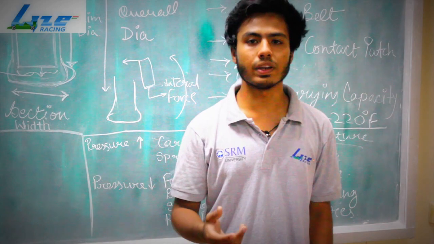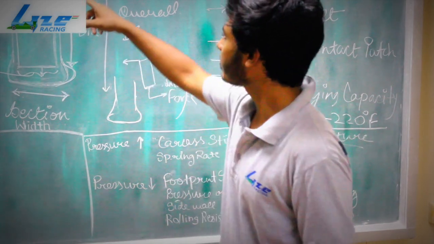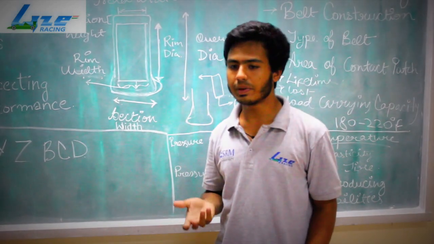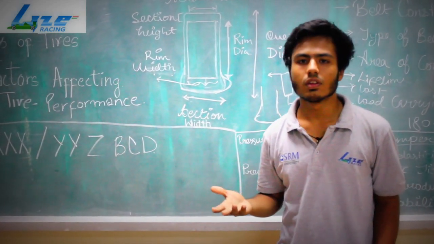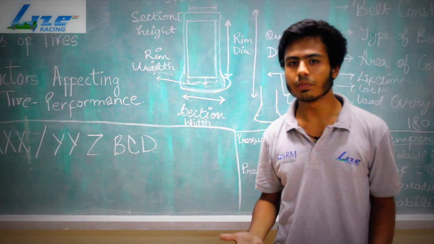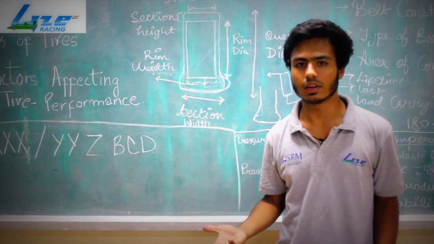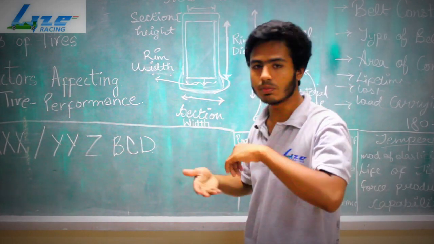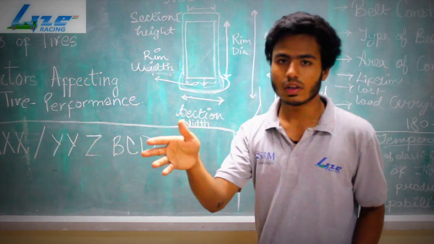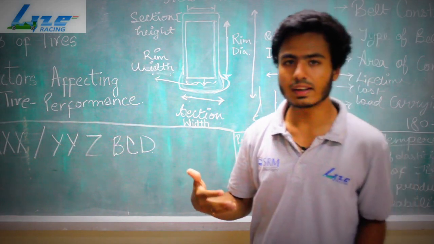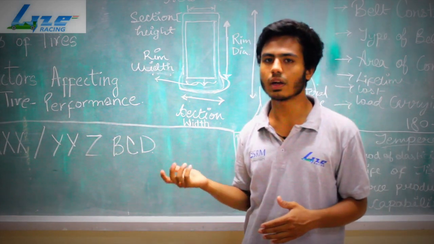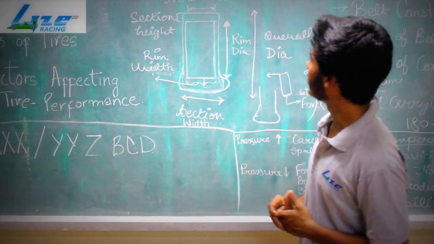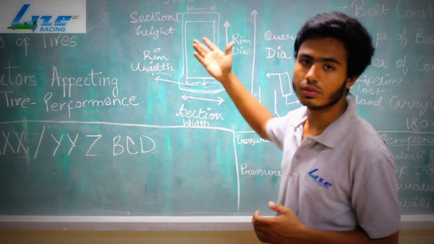Other than that, aquaplaning here. So it's talking about treads here, tread width. Why do we keep treads on tires? Suppose you have a bike and you are riding on a wet surface. You want to have some amount of grip so that your bike doesn't skid. That is why we have treads over here. When water comes to the bottom, it just passes through the grooves and goes back. If we have slick tires or plain tires, then that's not going to happen, and the coefficient of friction is going to decrease. So this is the reason why treads are given.